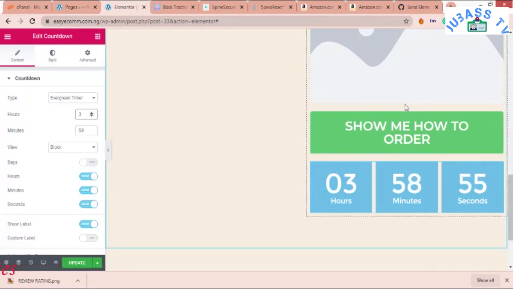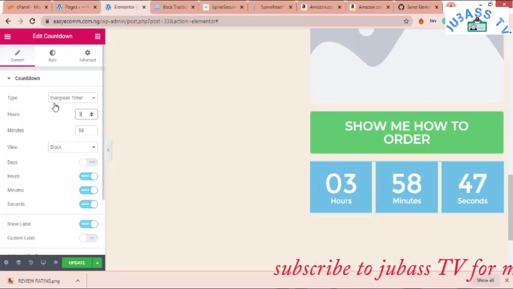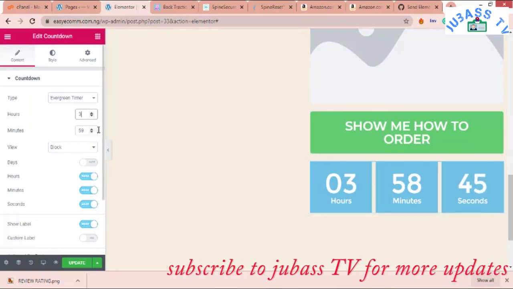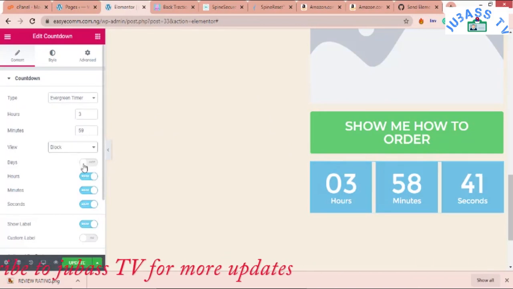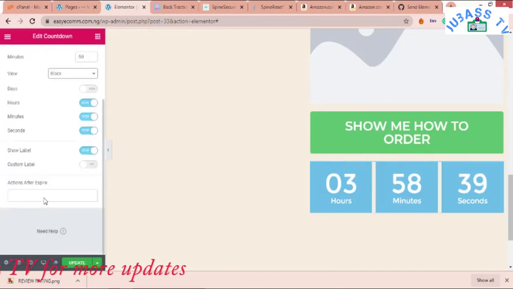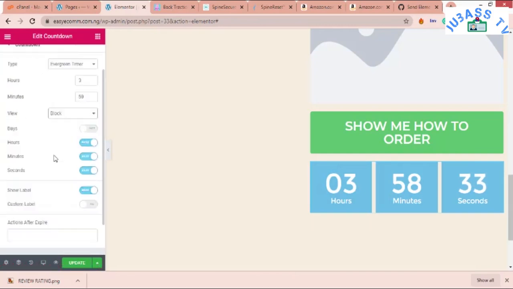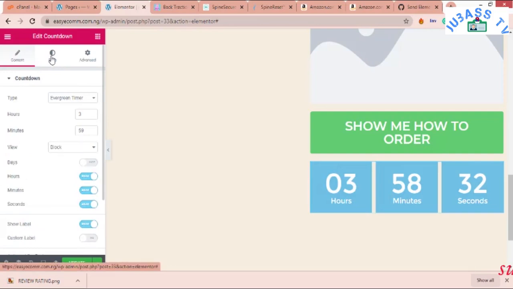Yes, over here I can add "Price is returning back to normal within 3 hours," so you can put that here. It's just an example. So minutes, 59 minutes, view should be block, hours, minutes and seconds should show, the label should show as well. It's not expiring, so we won't do anything here. Then go to style, click on style,